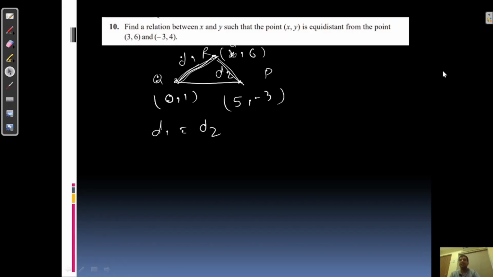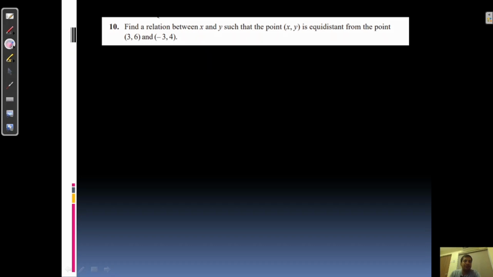Now look for question number 10. Find the relation between x and y. Okay, so let me solve it. It's a similar question, but let me solve it for you. Now they are saying find the relation between x and y such that this point is equidistant from